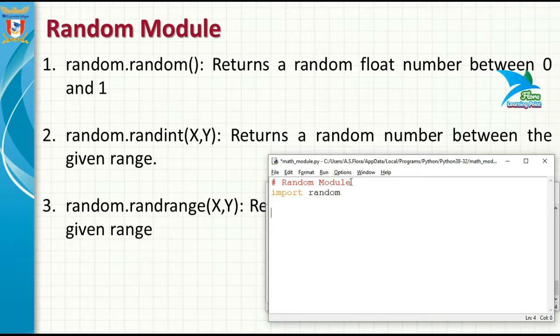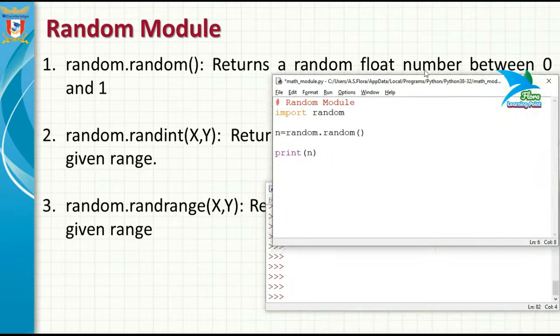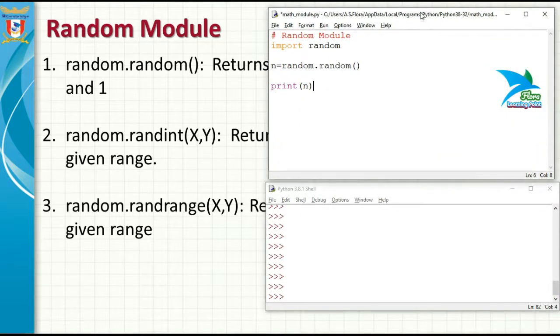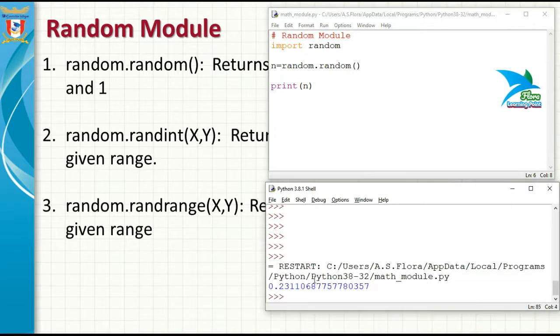So just try to do this. First of all, you have to import random, then make a call to that function, n is equal to random.random(). Random is the name of the module and even the name of the function is random. Just close the brackets and now print the value of n. Save the code